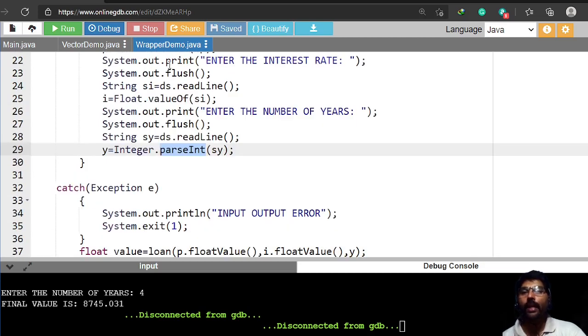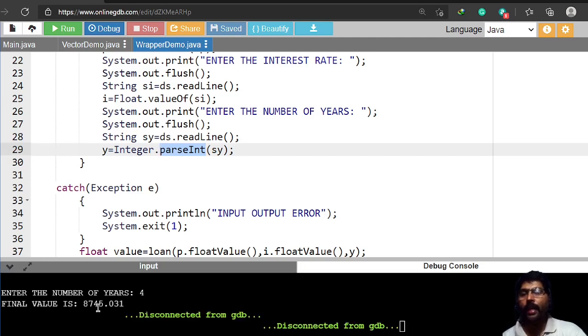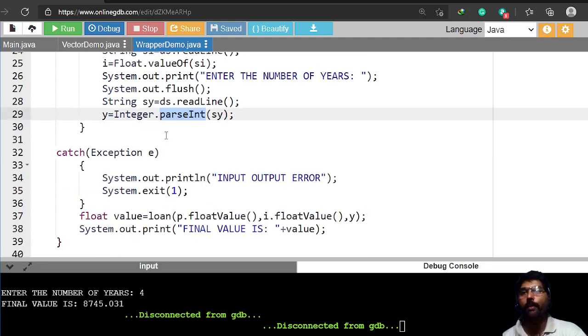What happens if any error is there? It catches it, which means the error is handled and given to the catch. The catch will just display an input output error. But here I am giving valid input, so no error will be generated. I will also show how the error will be generated by using a demo here. Now I will continue one more time.